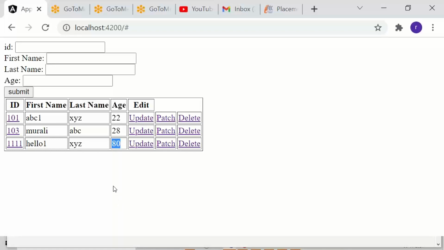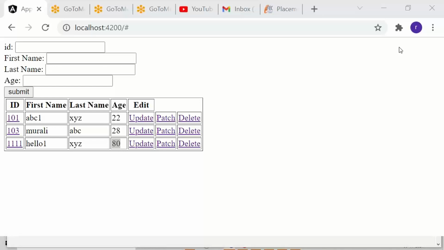All operations are there. Every operation we have seen, in a single page with a single form. Same form for posting, patching, putting, that is update. Single form.